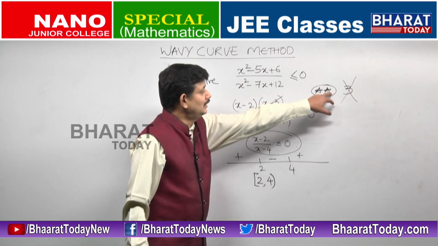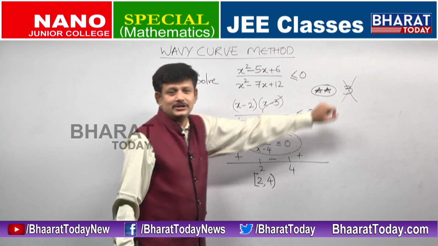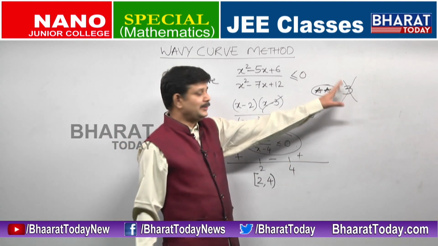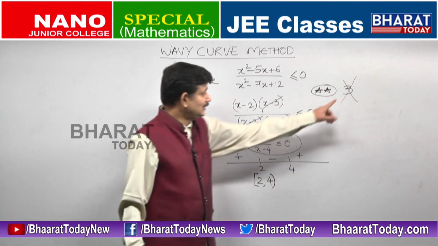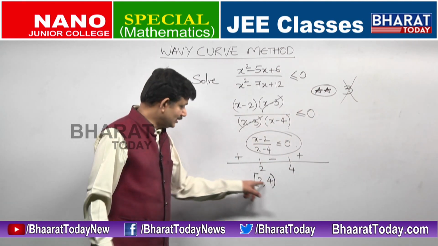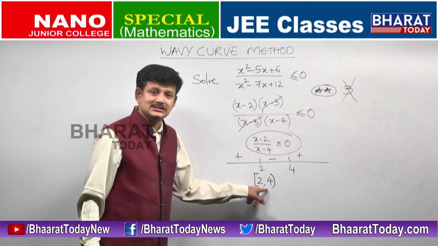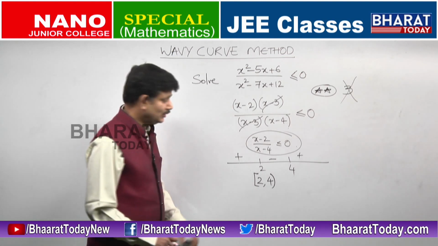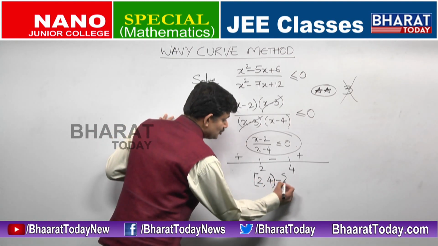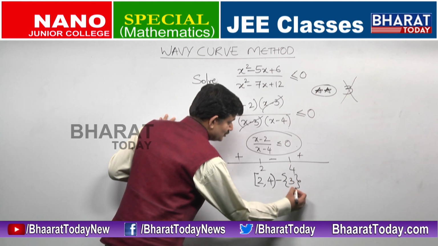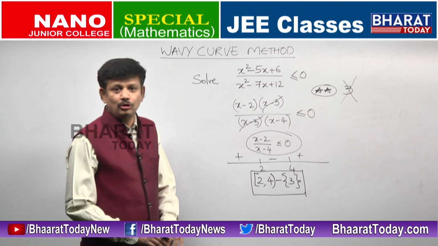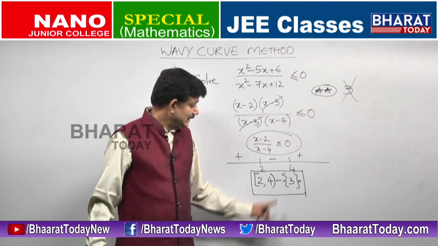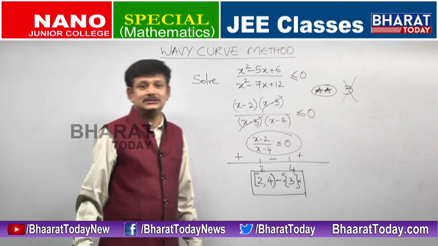Now we made an important note that 3 should never be part of our answer. Is 3 part of this interval 2 to 4? Yes, it is somewhere in between 2 and 4. So you have to ensure that this 3 is removed. So what will be your answer? 2 to 4, closed at 2 and open at 4, except for the number 3.